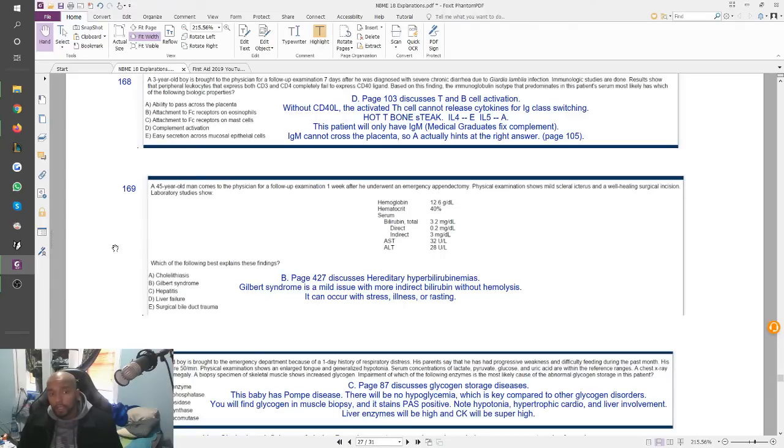This patient definitely doesn't have hemolysis, so the only other possible thing is that he has, for some reason, decreased activity of the conjugating enzyme. Look at all your answer choices, and the only answer choice that even mentions someone who would have decreased liver enzyme activity for conjugation is Gilbert syndrome. And if you at all remember Gilbert syndrome, you'll be confidently picking it.